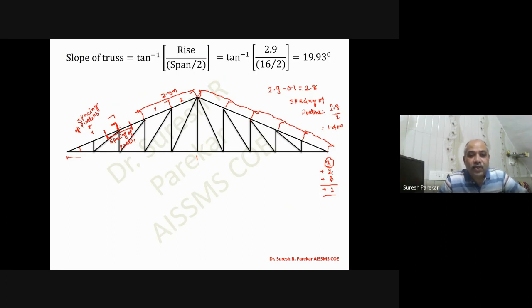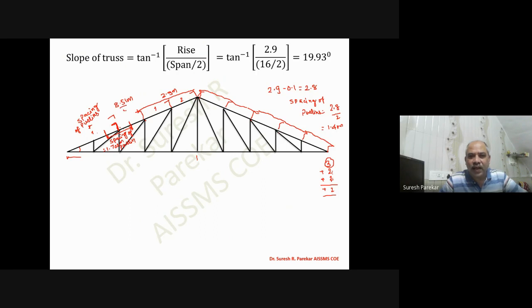So now the area which is responsible for this panel point is spacing of purlin into spacing of truss, and then we have to multiply only that distance. This we have already calculated: spacing of purlin we have 1.702 meter, because we have this total distance of 8.51 meters, and then we have 1, 2, 3, 4, 5 spacings of purlins.